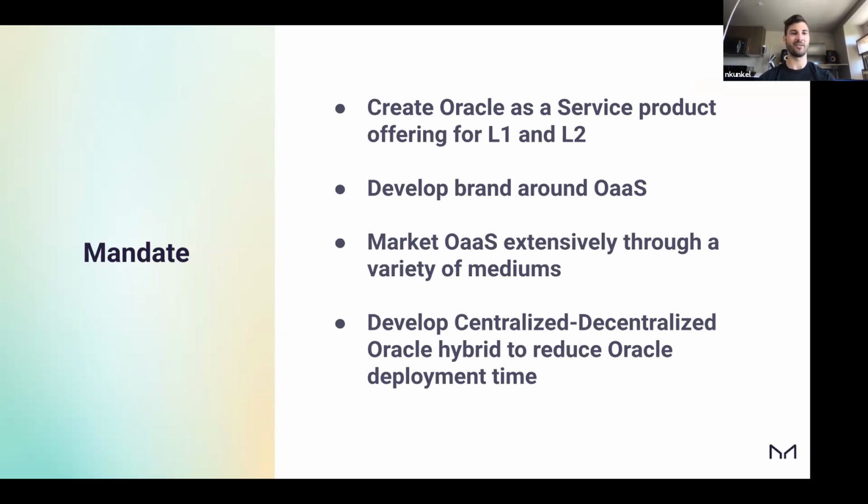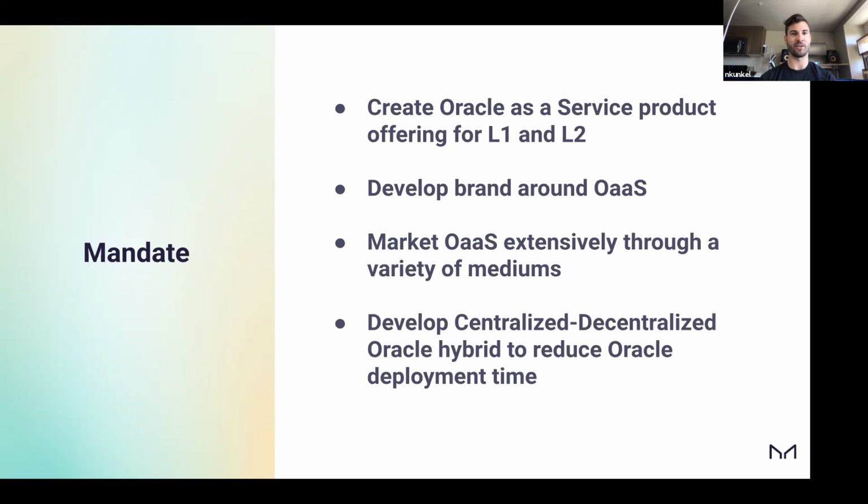The fact that we spend a week on developing and testing, the fact that we then have to do a feed upgrade, right, which can take another week, the fact that we have to do a governance vote, all of this latency between when the customer wants an Oracle and when they actually get it is really destroying us right now in terms of customer adoption.